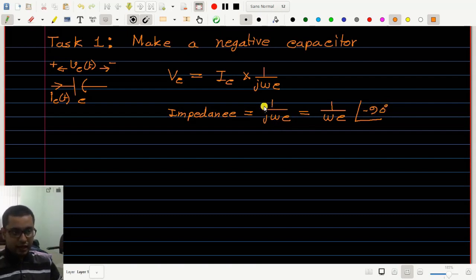Okay, now if I draw the phasor diagram of this voltage and current, then if the voltage is here, VC, then the current should lead the voltage by 90 degree, like this. This is true for a normal capacitor. Now for a negative capacitor,